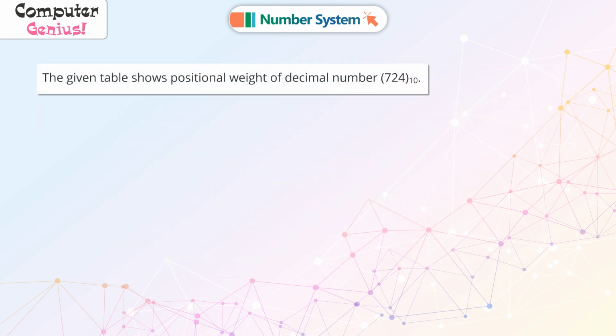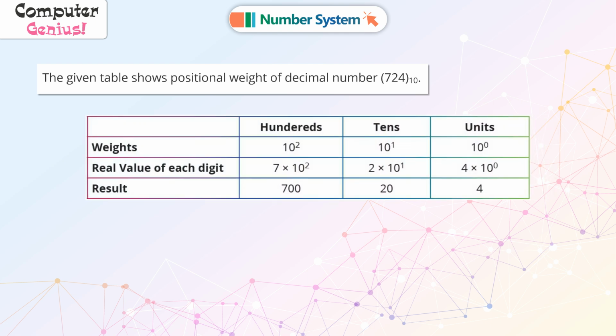The given table shows positional weight of decimal number 724 base 10. Weights, real value of each digit, result, hundreds, tens, units. Weights: 10 raised to the power 2, 10 raised to the power 1, 10 raised to the power 0. Real value of each digit: 7 times 10 raised to the power 2, 2 times 10 raised to the power 1, 4 times 10 raised to the power 0. Result: